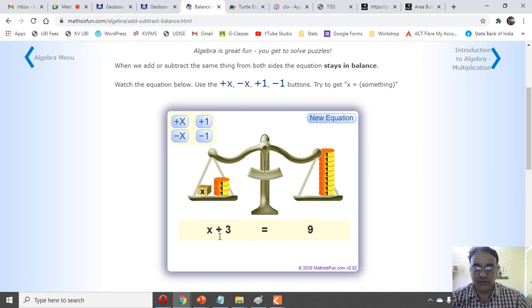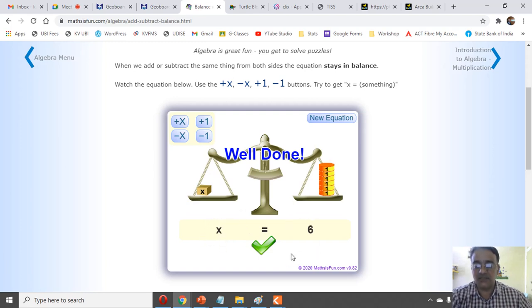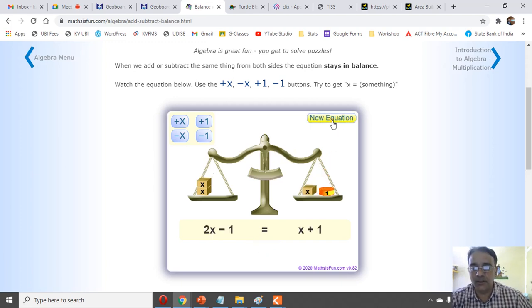So again I have to subtract 1 from both sides. So I will click minus 1 till the left hand side becomes x. So the solution is x equals 6. So in this way we can use this digital model to teach solving linear equations in one variable. Whenever you click on new equation, one more new equation will come.